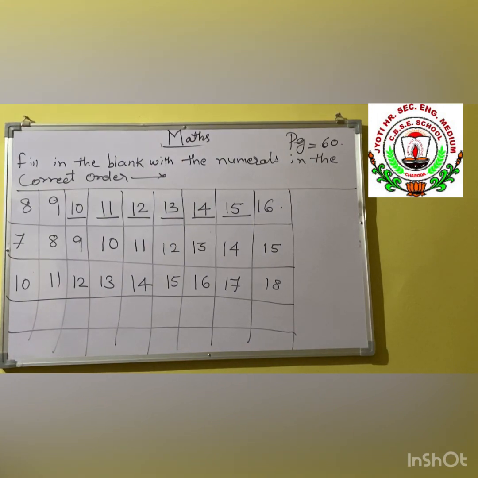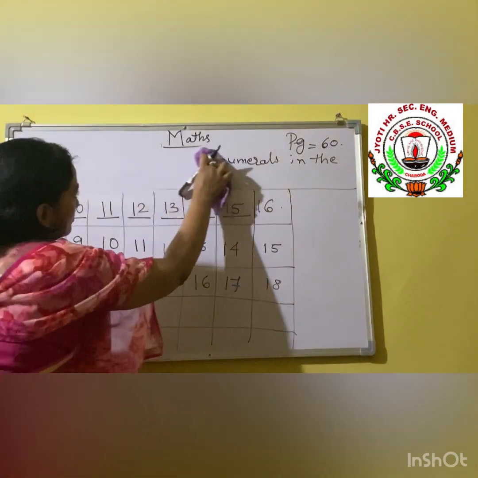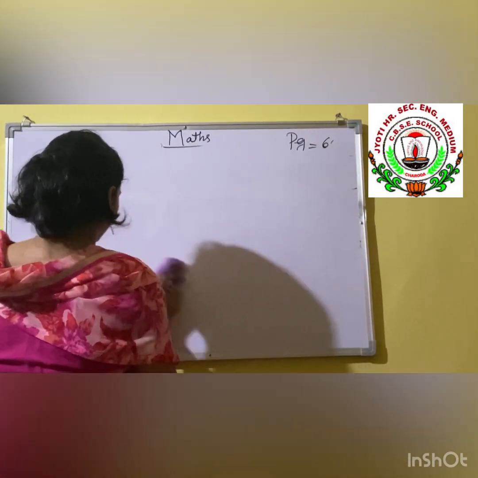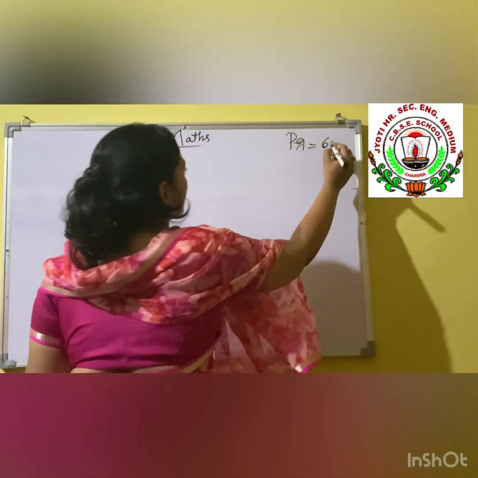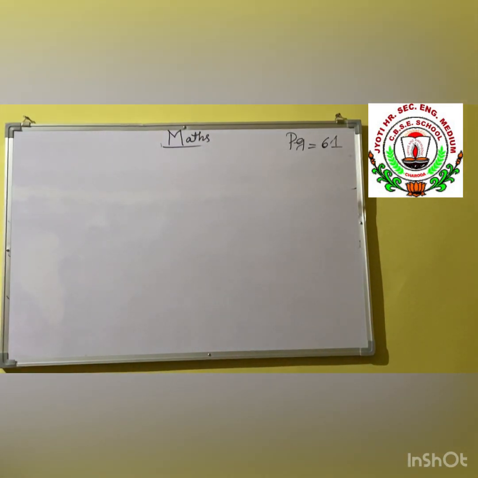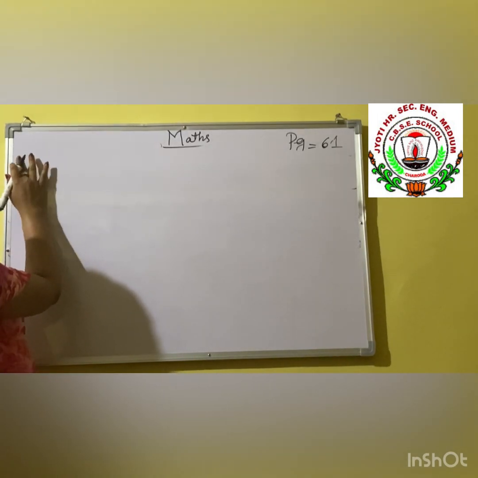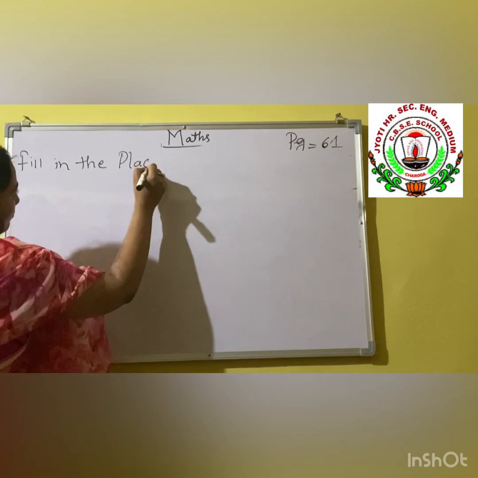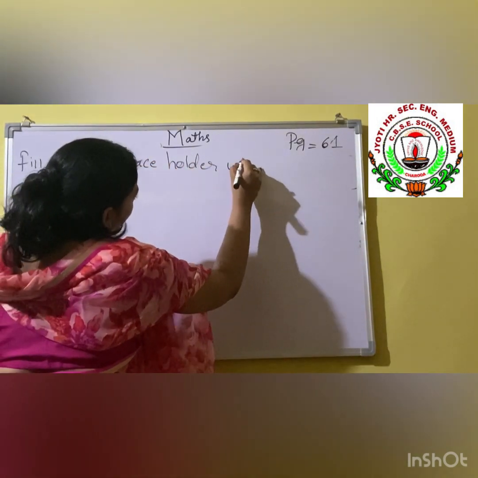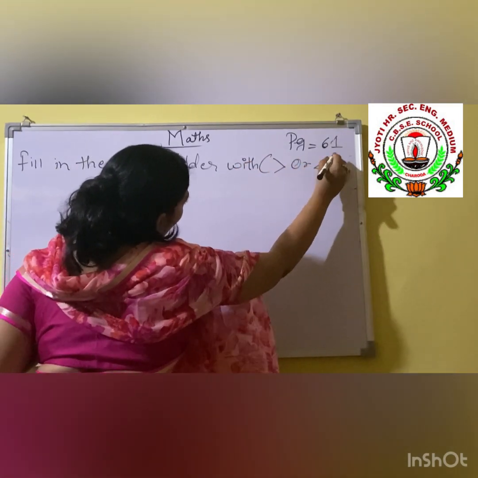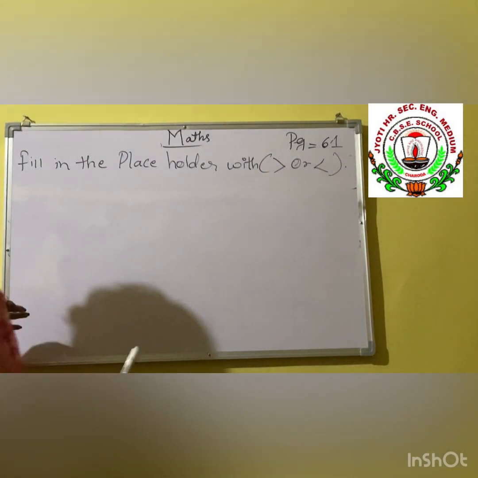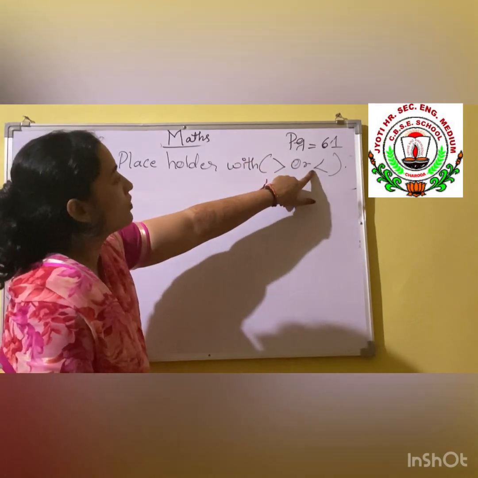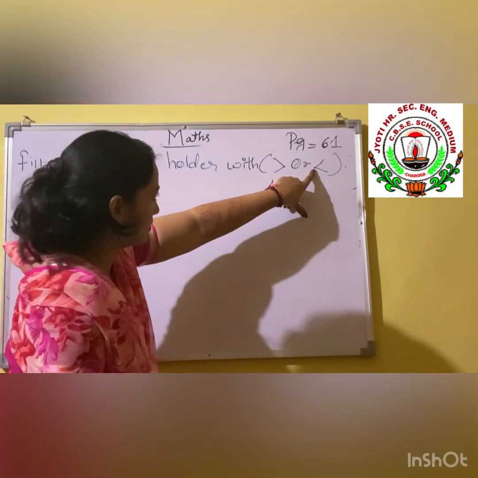Now page number 61. Now we will do page number 61. Which question is given over there? Fill in the placeholders with greater or smaller. Okay? I have told you earlier too, the side where the mouth opens means the greater sign, and the side where it closes like this means the smaller sign. Okay,